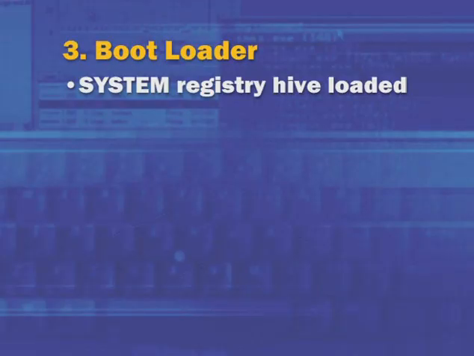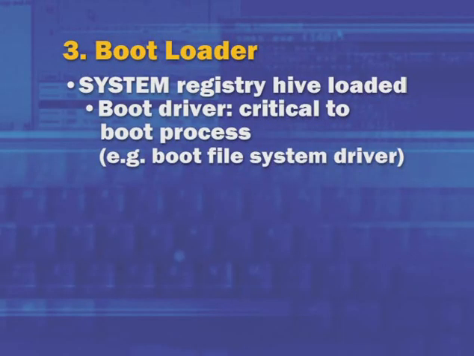Now, speaking of the registry, this is the point where the operating system loader reads in the system hive part of the registry, which maps into HKEY_LOCAL_MACHINE\SYSTEM once the machine's up and running. It reads in the system hive at this point because there's a lot of information in there that helps guide the boot process. There's operating system configuration information, as well as the configuration of drivers that the system needs to start up and get the system booted.